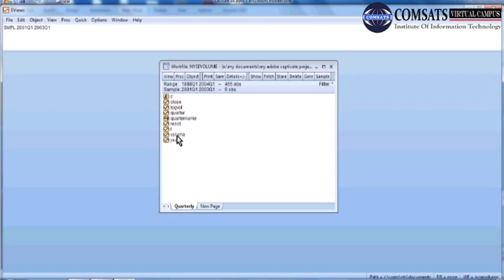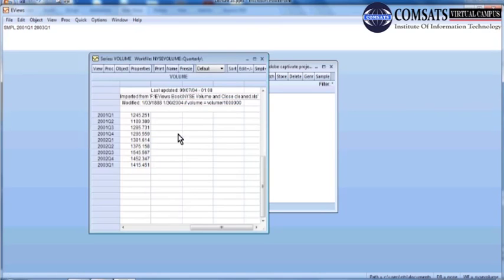Let us see whether it is true or not. This is the volume, you see, only 9. So this time the number of observations is reduced, so the sample size of each variable is reduced. If we want to run any test, apply any estimation technique or any other statistical tools or analysis, we can perform our analysis only on this much. After applying the analysis, we can copy the results from here, paste them at our destination, and so on.